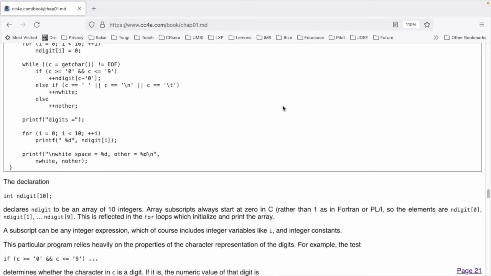for (i = 0; i < 10; ++i) printf(" %d", ndigit[i]); printf("\nwhite space = %d, other = %d\n", nwhite, nother); }